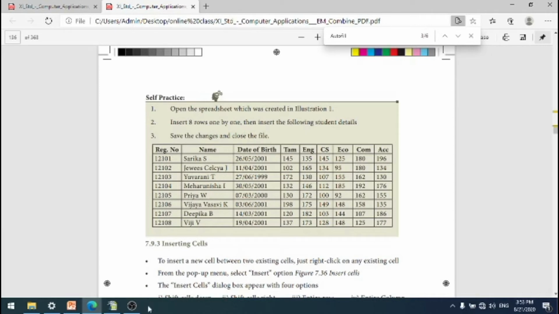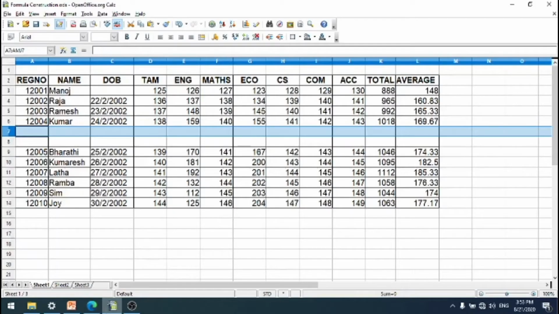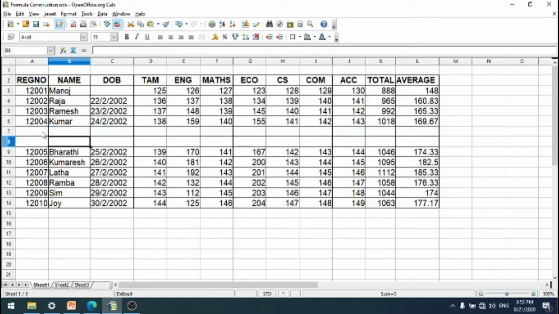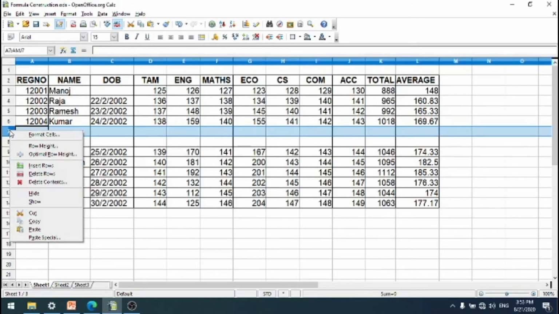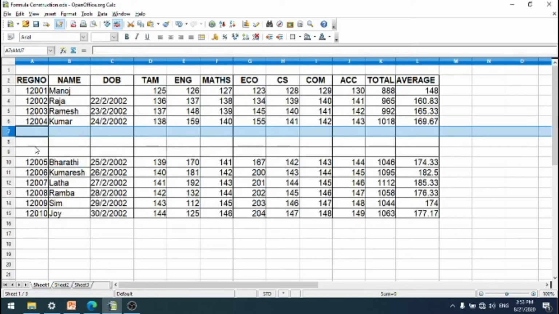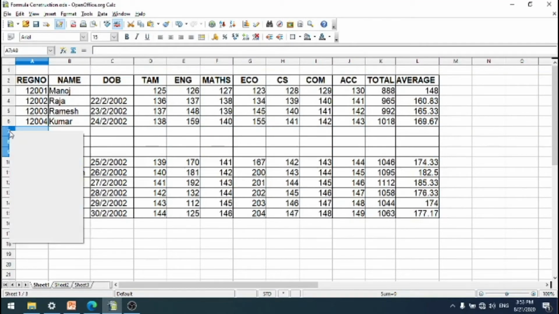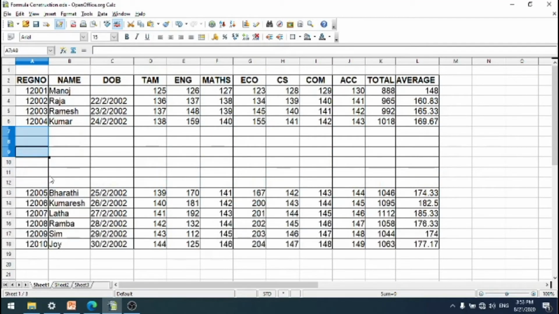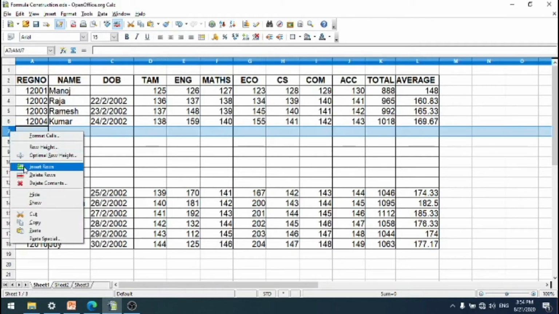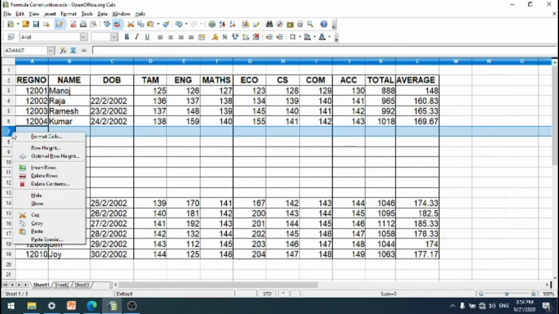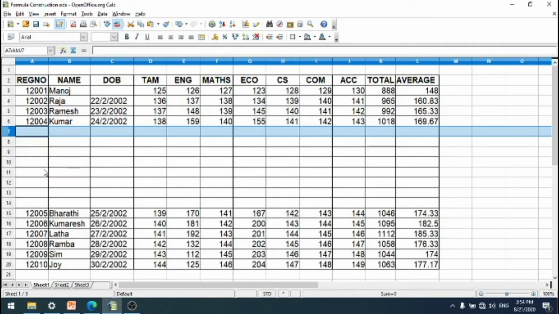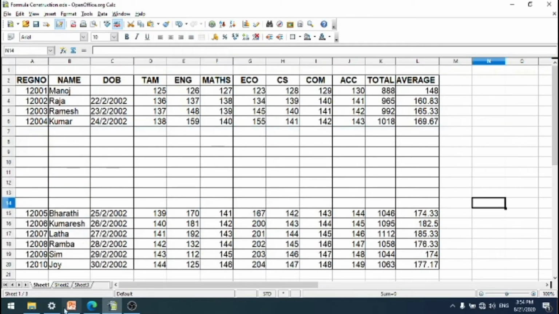Okay, now we have already opened it. Then insert 8 new rows one by one. We have already inserted 2 rows. You just simply right click, insert, or you can select these 3, right click, then insert row. How many have we selected? 1, 2, 3, 4, 5, 6, and we are going to insert another 2 rows. 1, then insert a row. Okay, then what they have given,